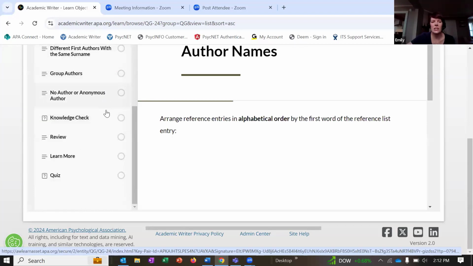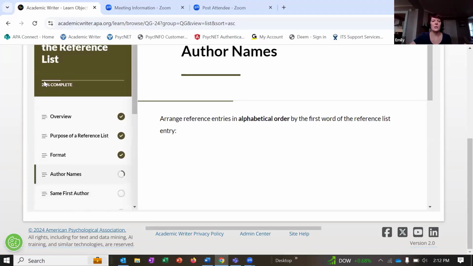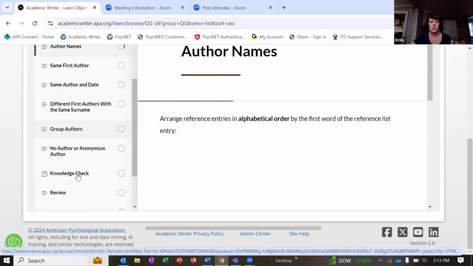You have to complete all of the items in order to gain 100% completion within the lesson. You can see up here in the top left how it tracks your percentage complete. So you do have to complete the knowledge check. Those are like our practice quizzes, so it's formative practice self-assessment.